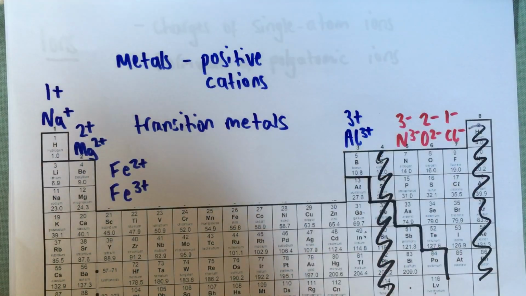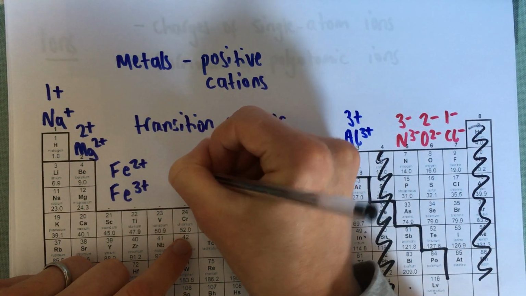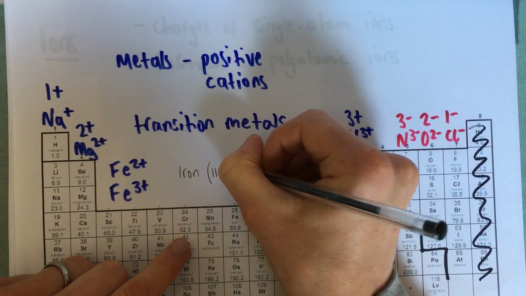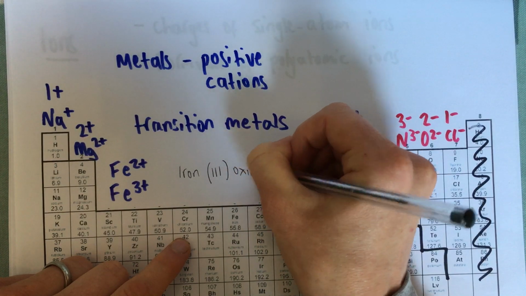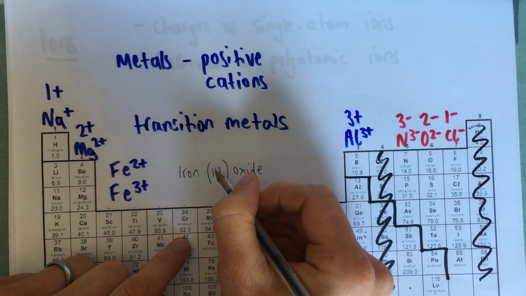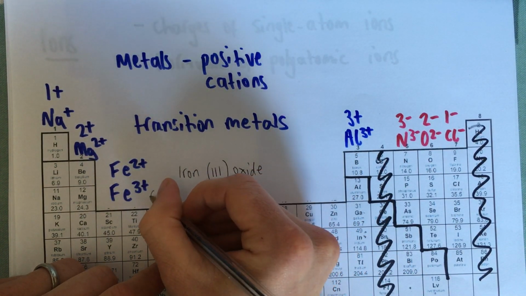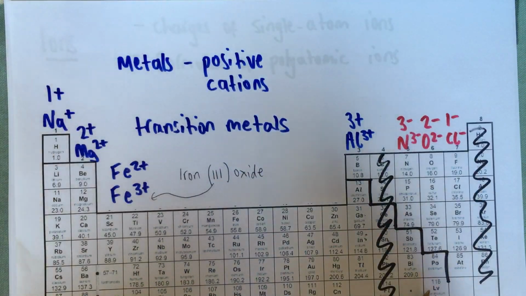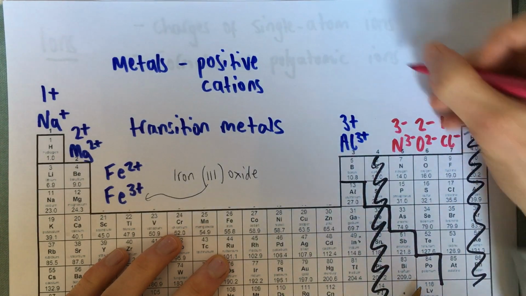And we can find out from the name. So the name is often written with a number in Roman numerals, and that tells us that for iron oxide, if it's got 3 in Roman numerals, the iron ions are Fe3+. So metals make positive cations,